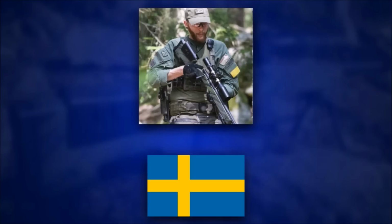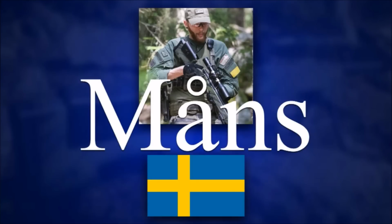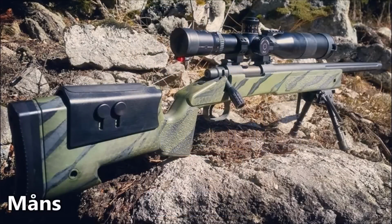Now for our runner-up, we would have one last rifle that doesn't reside in my own country. Showing himself at number 2 from Sweden, we would have Mons with his M40 rifle. Shooting at a crazy 640 feet per second with a .40 gram BB thanks to non-existent restrictions of bolt actions